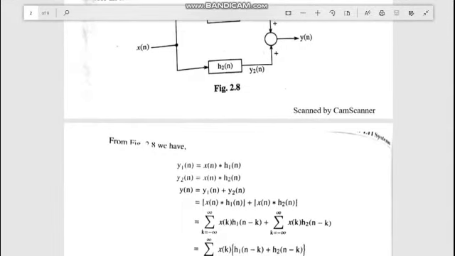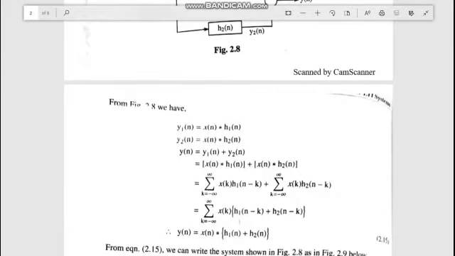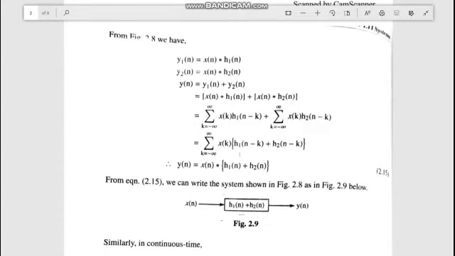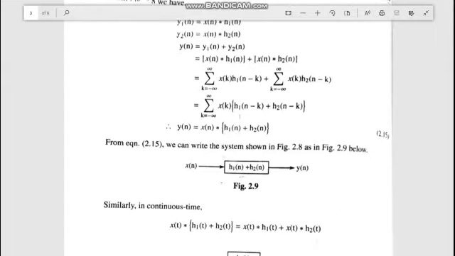See the above equation. Similarly, what I have explained has been written. What is y1 of n? X of n convolved with h1 of n. Y2 is this. Y of n is nothing but y1 of n plus y2 of n. So what is your y? Just substitute your y1 of n and y2 of n, then do the summation and simplification. Then you are going to get y of n is equal to x of n convolved with h1 of n plus h2 of n. The above equation can be written